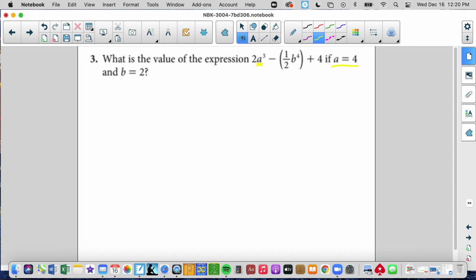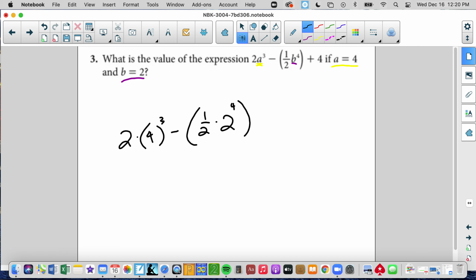So we see that a is 4 and we see that b is 2. So let's rewrite that using it. That says 2 times a to the 3rd. The a value is 4 to the 3rd minus 1/2 times the b value, which is 2 to the 4th